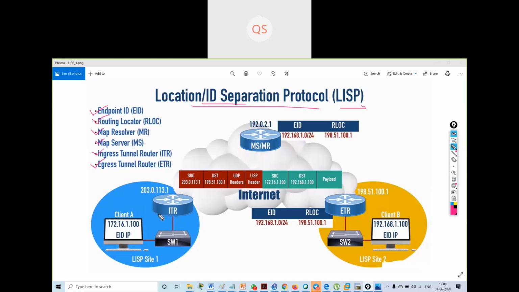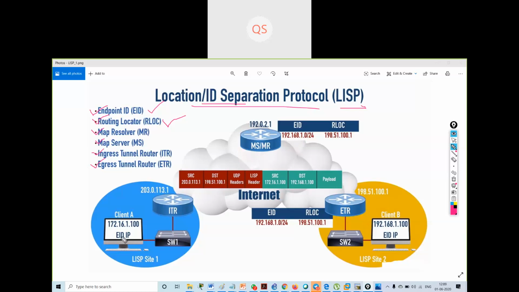It will create an endpoint identifier, or EID, and a routing locator, or RLOC. This allows a device to move from one location on the internet to another location and keep its endpoint identifier, its EID, while updating its routing locator, its RLOC.